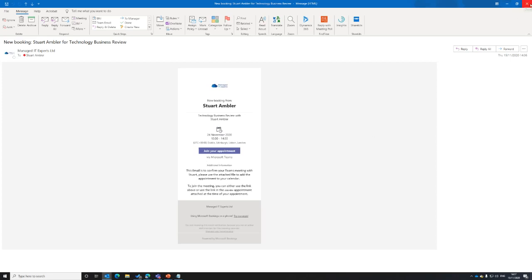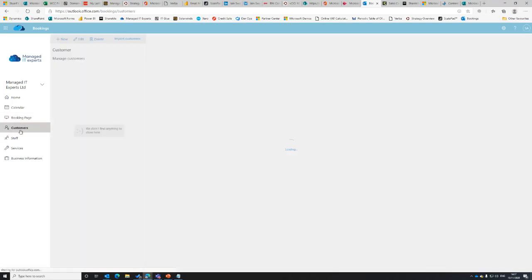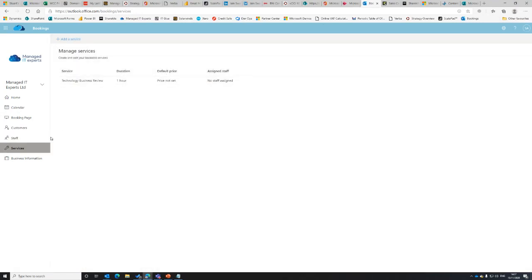Okay, and that's just a little bit of it. It's a small application, very easy to use, very simple to use. I'll bring up the actual page here so you can see it's very easy to edit and understand. You can add staff, you can add services. If there's multiple staff members in the team that could take the appointment, then you can add each staff member, and then the customer can choose which one they want to book with. It's all very easy to manage, very simple to use, and it's part of a Microsoft 365 business license, so you can get that as well.